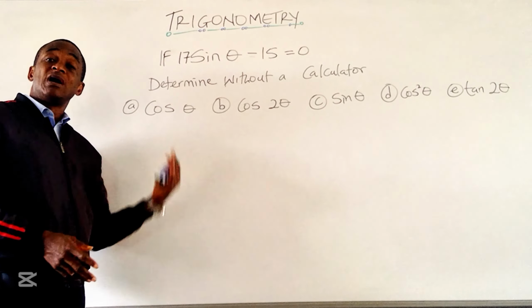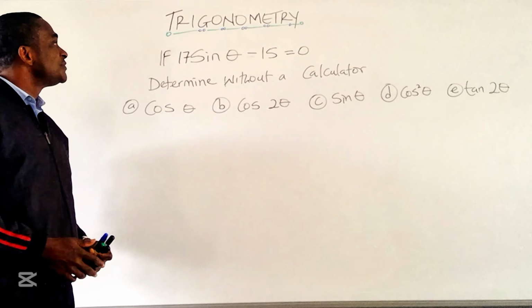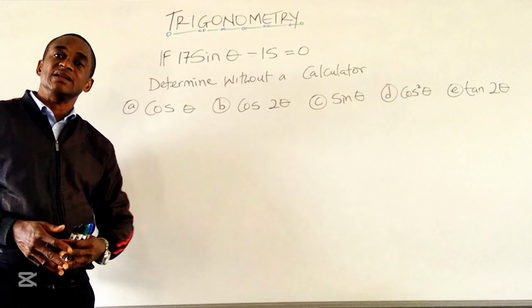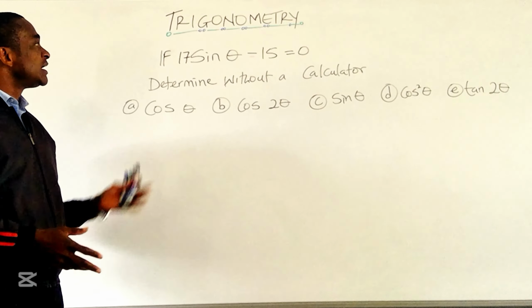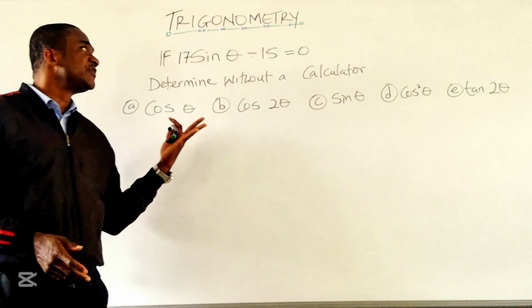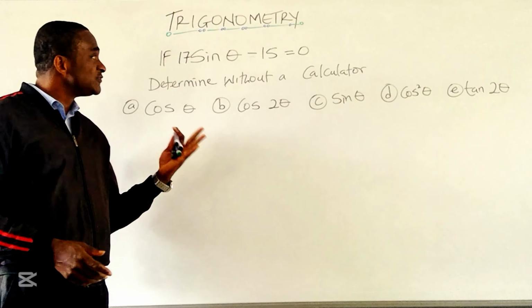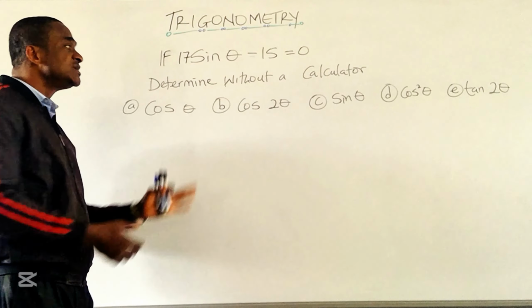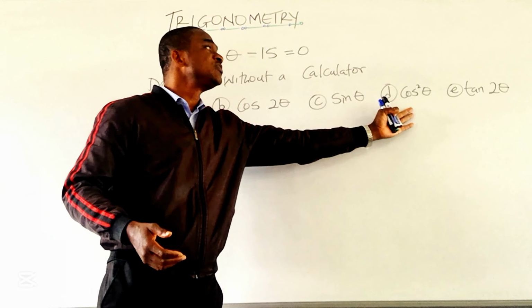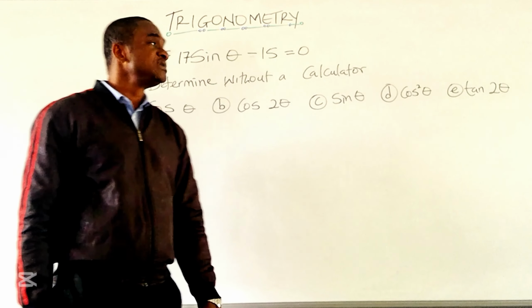We are going to have a look at a trigonometry problem here, as it involves grade 11 and grade 12. Here we have a problem. They are asking us, if 17 sine of theta minus 15 is equal to 0, that we should determine the value of cos theta, cos 2 theta, sin theta, cos square theta, and tan of 2 theta